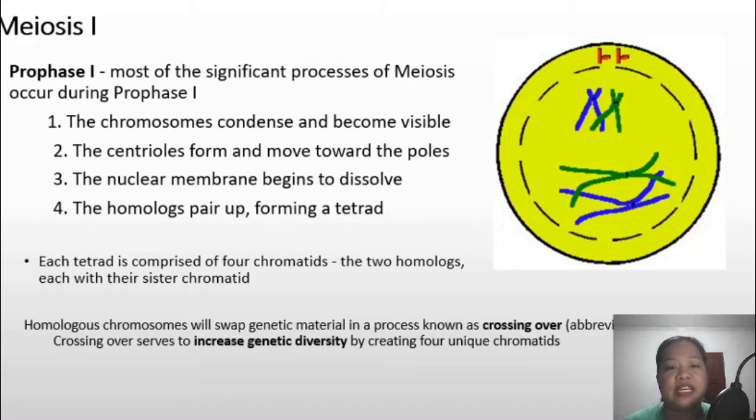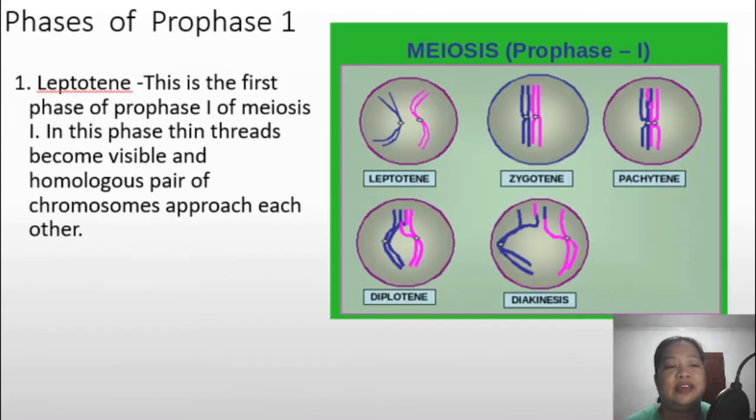So we have these important events. Prophase 1 is the most significant process of meiosis. You have to remember that one because this is the event that makes us different from each other. So variability occurs. But in prophase 1,